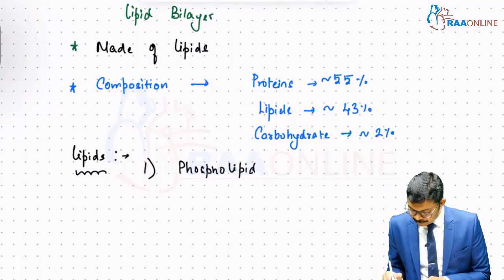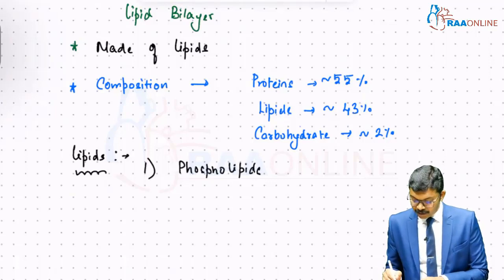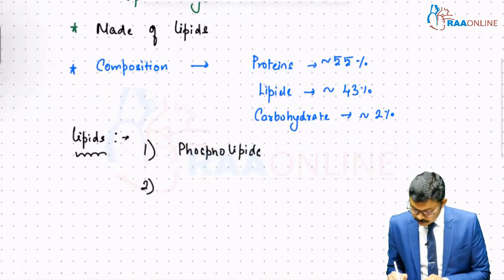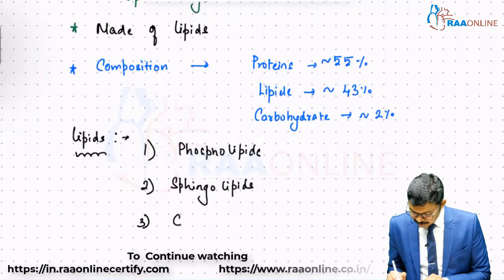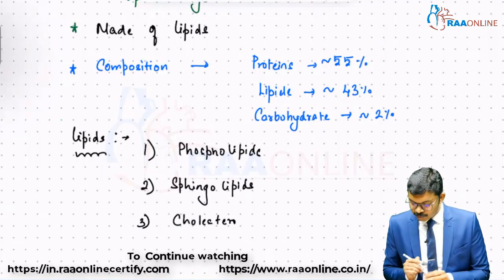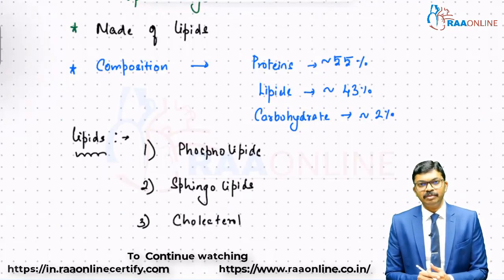To some extent, it is also formed by sphingolipids. And to another little extent, cholesterol also forms the cell membrane. So there are three kinds of lipids: phospholipids, sphingolipids